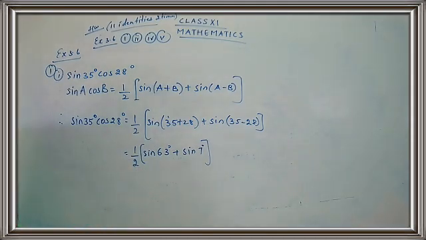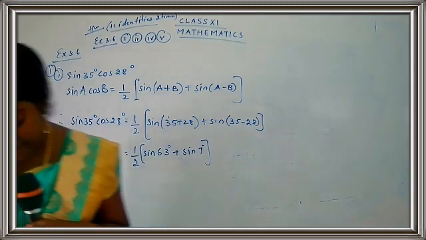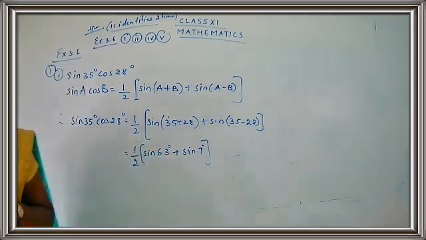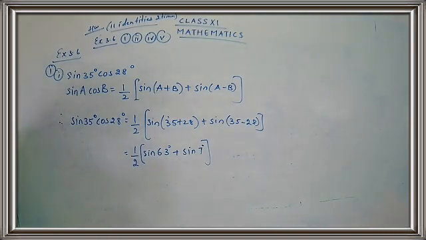I'll be doing the third sum here. It's with 2, so I just want to do the third sum. Write the third subpart: 2 sine 10 theta cos 2 theta. Just read the question carefully. It's not 100, it's 10 theta cos 2 theta. What's the question for the third subpart?